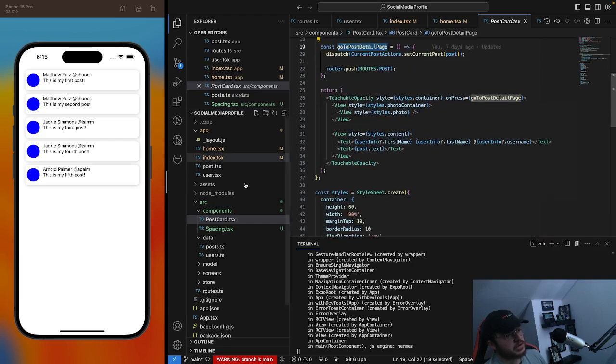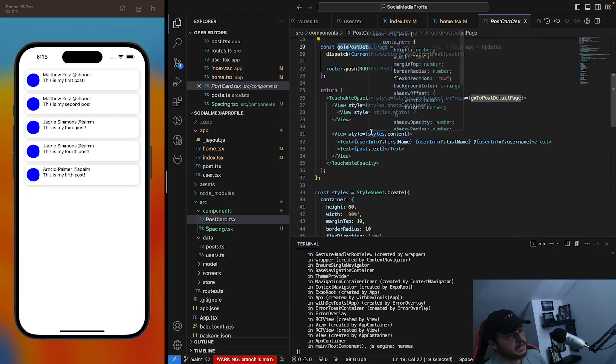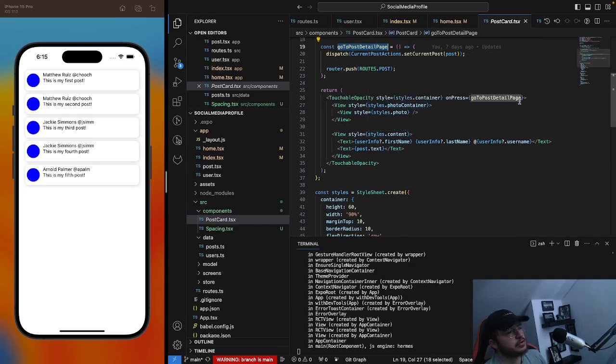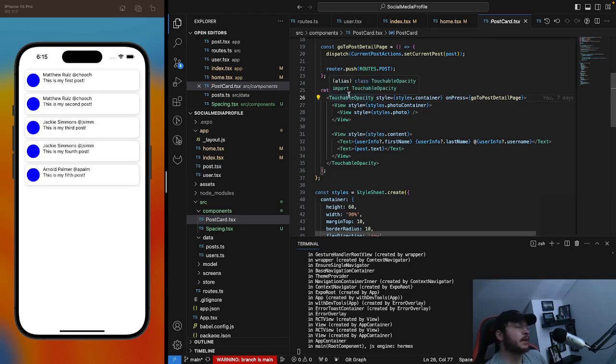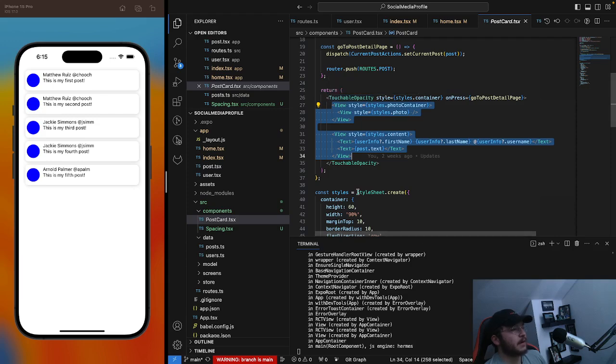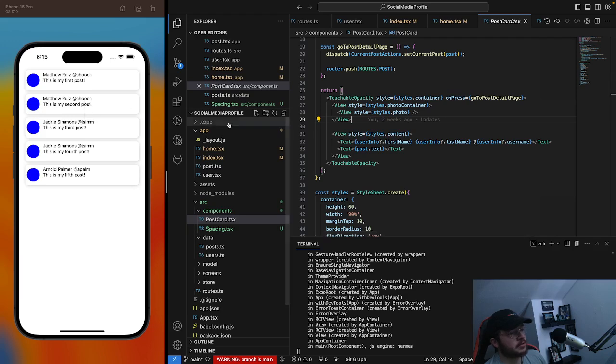In this card, we just wrap everything inside of a touchable opacity. I feel like you used to have to wrap it; what I remember is that touchable opacity used to only accept one child component, meaning we would have to wrap all this stuff in a view or an empty bracket, a fragment, I guess it is, but it feels like we don't have to. So we have the photo, which we're just defaulting to be a blue circle. And then we have first name, last name. We have the username,